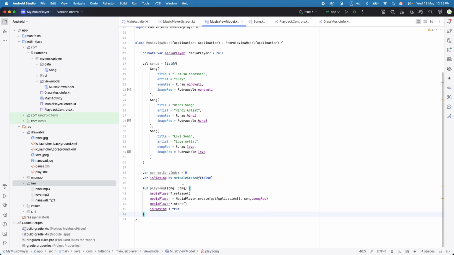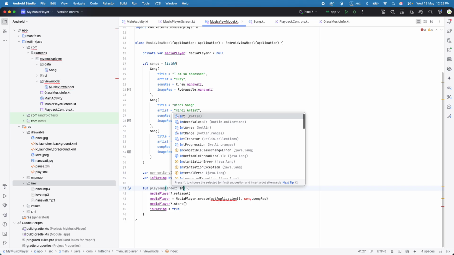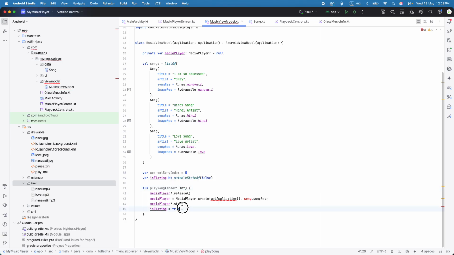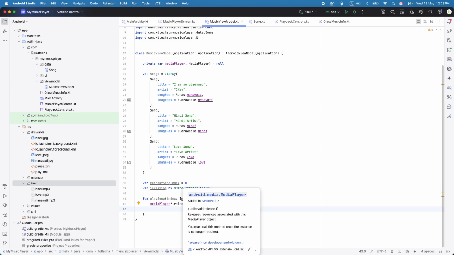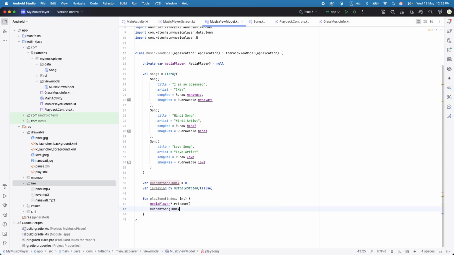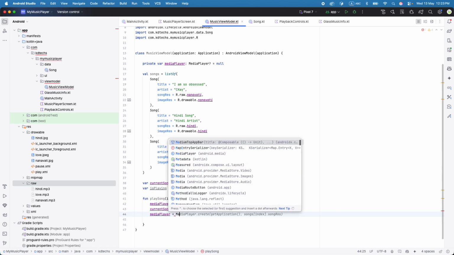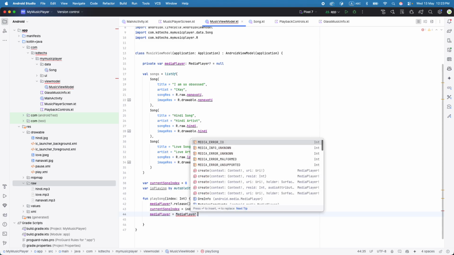This one, let's say it's not song, let's say it's index of the song, which will be an integer. Media player release. Okay, now the next one we say current index should be index. Sorry, we don't need to put a comma here. Now let's say media player is equal to media player dot create,